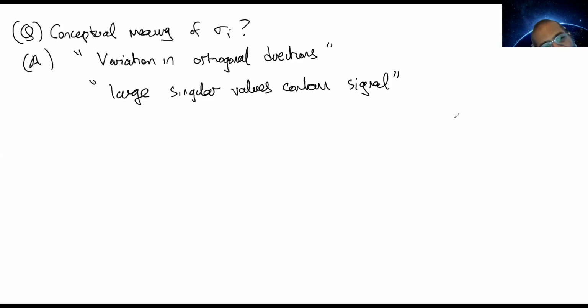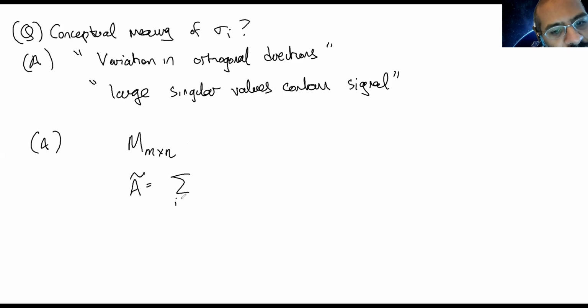Well, okay, I'm just going to tell you a crazy theorem, which we won't prove. You can consider the vector space of m by n matrices. Then you can prove that if you take A tilde to be the sum of just the top R terms in the SVD,